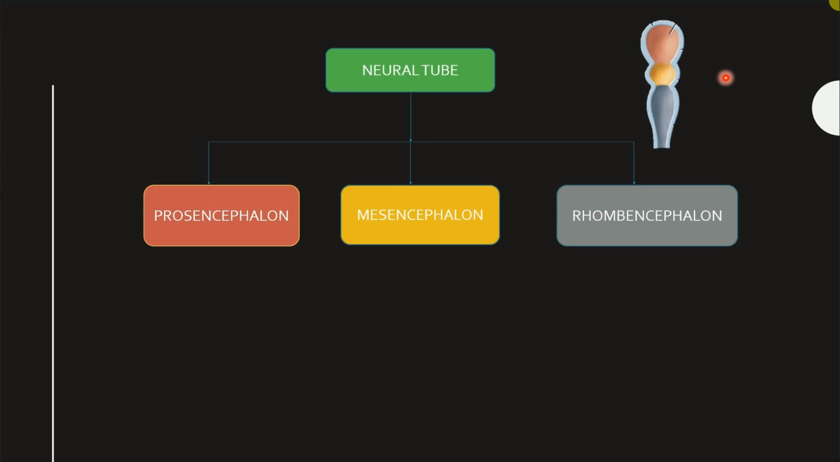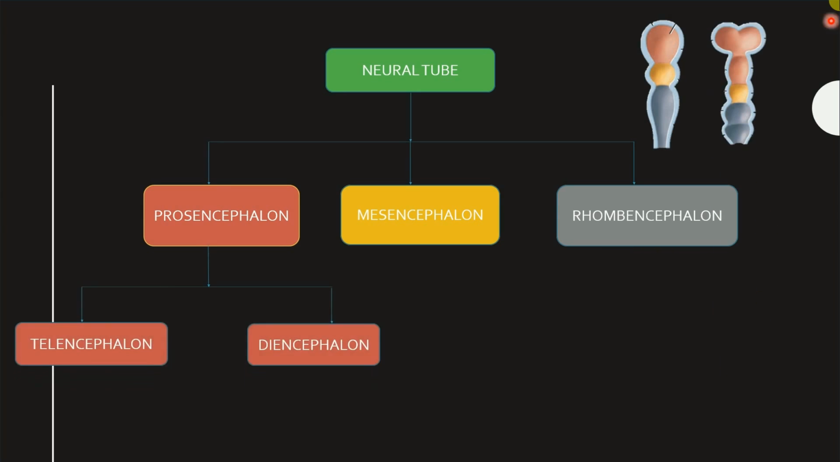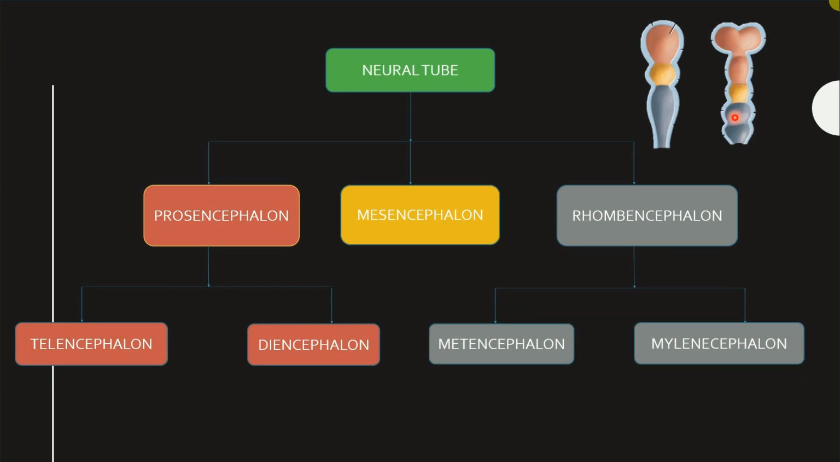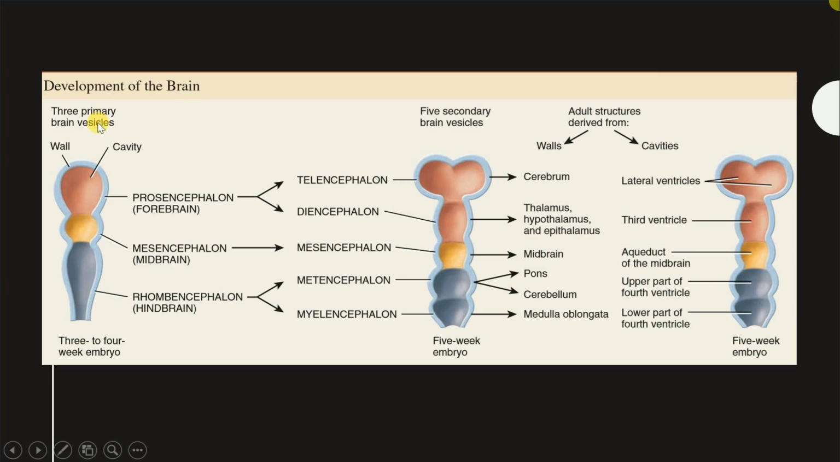At around 5 weeks old, the prosencephalon and the rhombencephalon develop two more constrictions each, resulting in the formation of secondary brain vesicles. From the prosencephalon, you get the telencephalon and the diencephalon, whereas from the rhombencephalon, you get the metencephalon and the myelencephalon. So we begin off with the three primary brain vesicles, which were the prosencephalon, mesencephalon, and